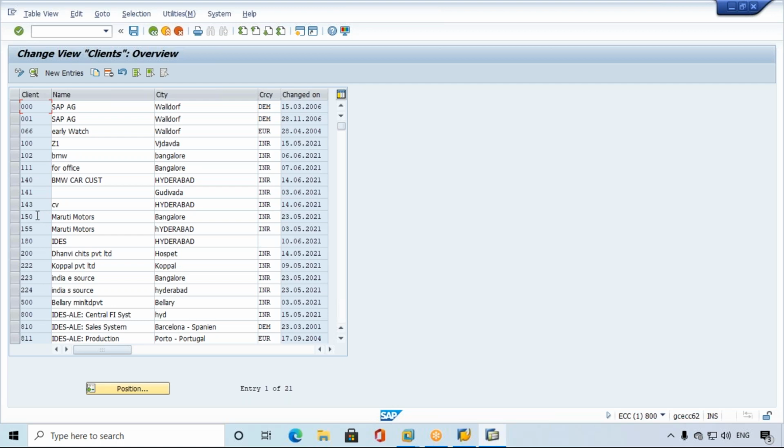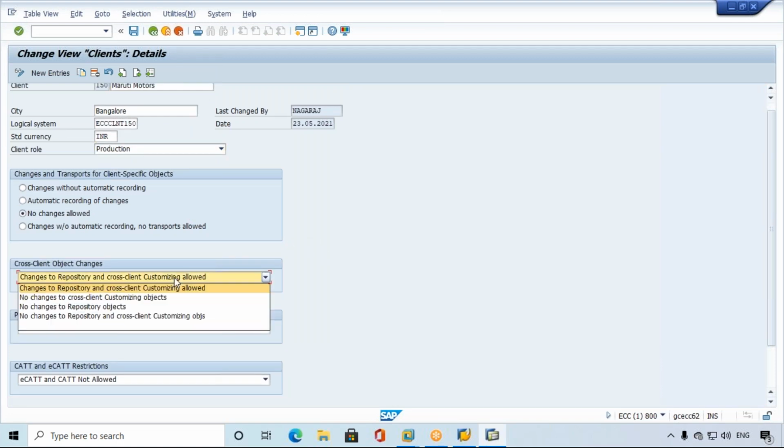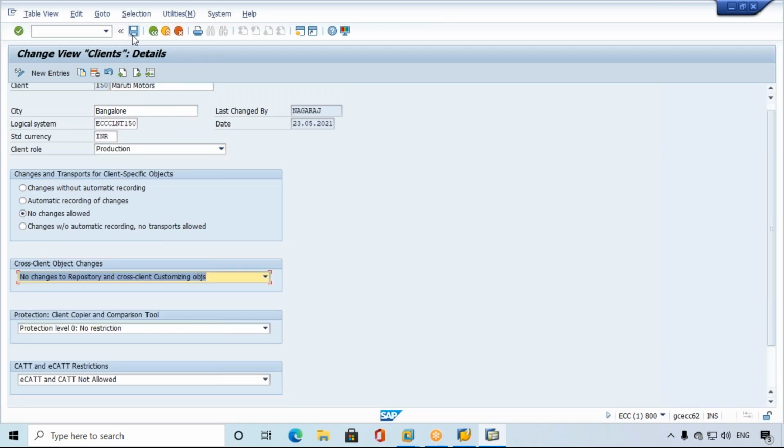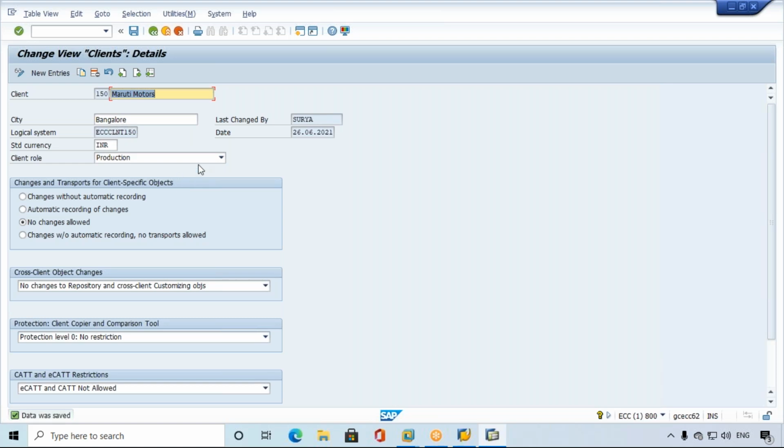You can observe that no changes are allowed because this is a production system. Changes are allowed only for development and quality systems. In production, changes are not allowed. I change it to production system.